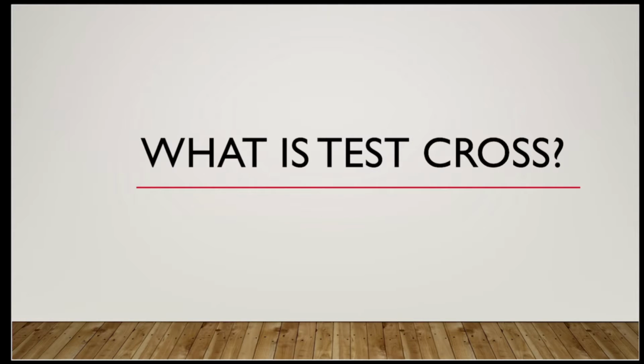My today's topic is test cross. What is test cross? We all have heard of Mendel's laws of inheritance. What he did, he took two plant varieties of one character. He chose one character at one time, for example, height of the plant, and he took two varieties of that character. For example, at one time he took tall variety and dwarf variety and cross fertilized them. Then he found that all the plants of F1 generation were tall plants.